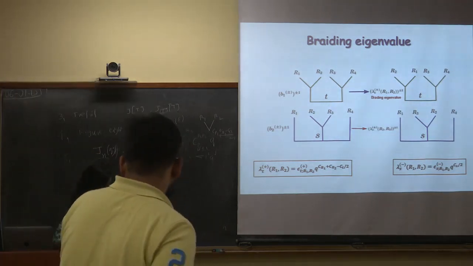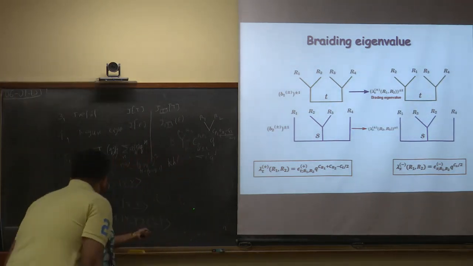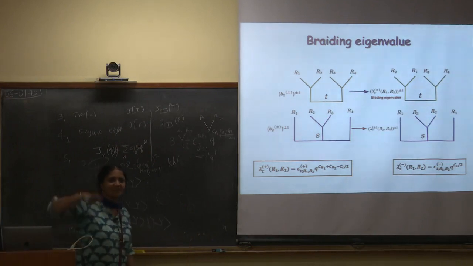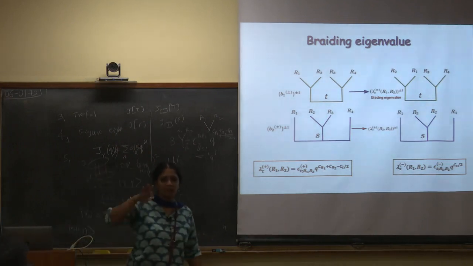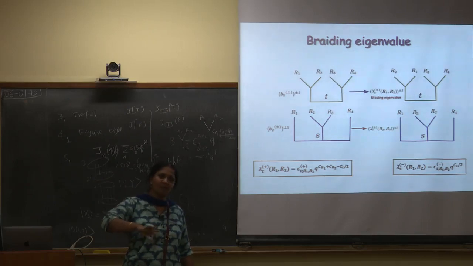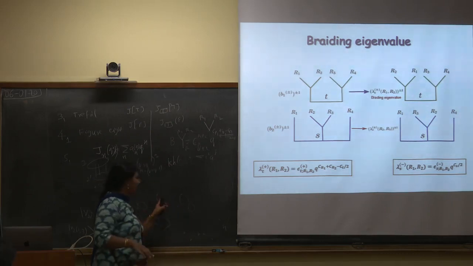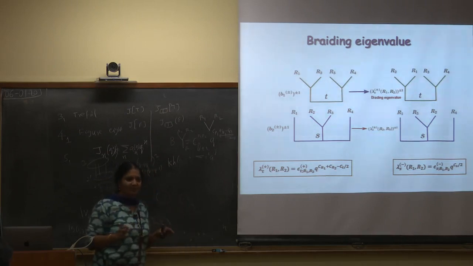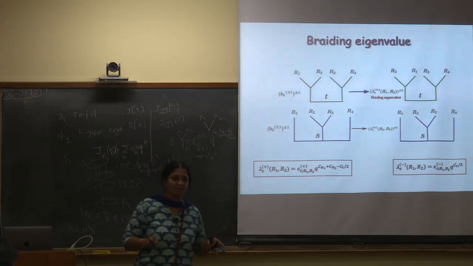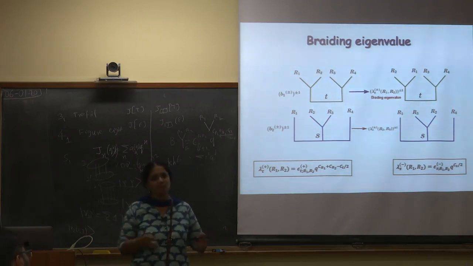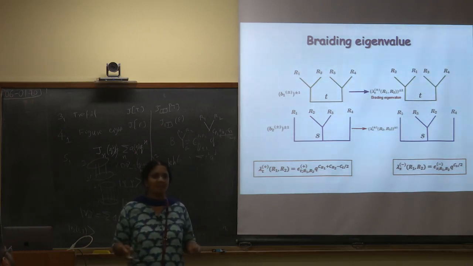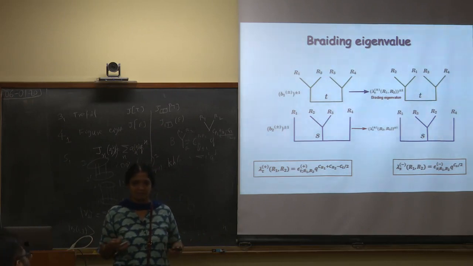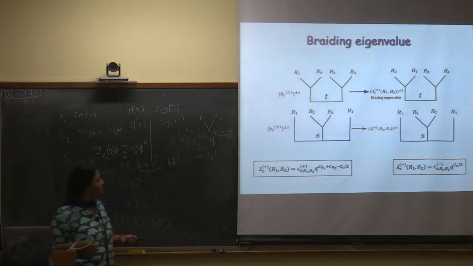Also, sometimes mathematicians don't want these two invariants to be the same. They say that we fix a blackboard frame. I am not allowed to go beyond the blackboard frame, which means that if I am not able to move out of the blackboard, then I cannot make it into this. So these two are called framed knots, which are different. The invariant difference is only in that framing number. So that's another way mathematicians work.